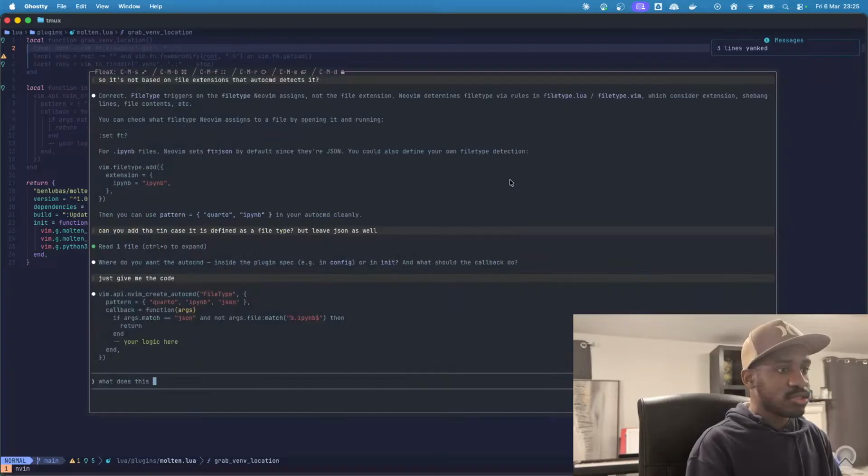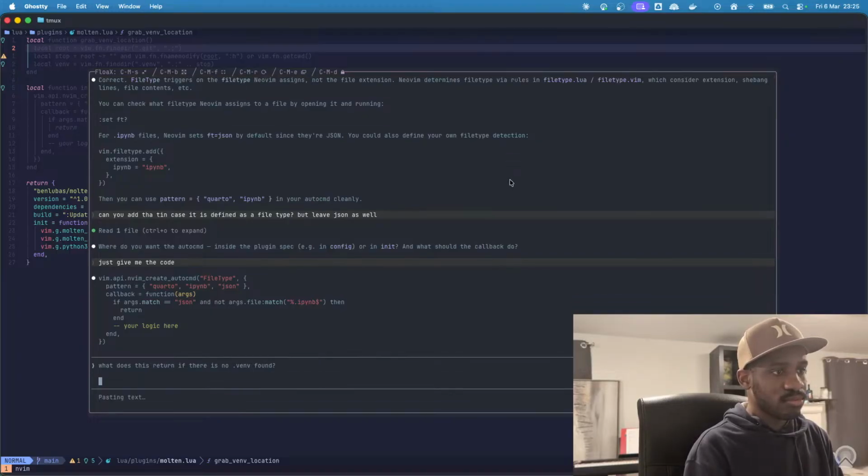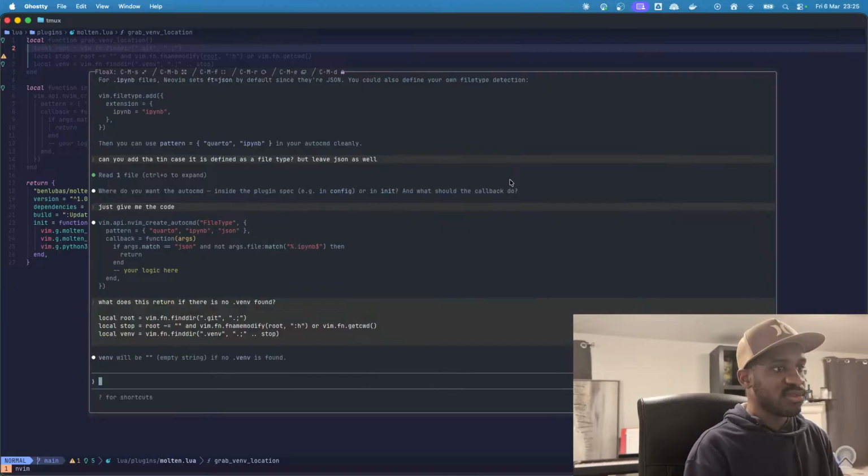What does this return if there is no venv found? Does it, yep, don't want to prime it. The venv will be empty if no. Is there a way I can get the